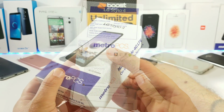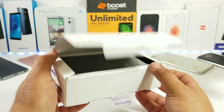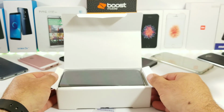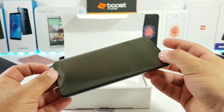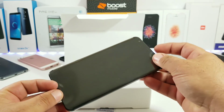Let me go ahead and open up the box here, and in this unboxing and hands-on, I'm going to give you as much information as I possibly can without allowing this video to be too long. But as you can see, opening up the box, we got the Stylo 4 sitting right there on top in this protective plastic. Now I am going to go ahead and put the Stylo 4 off to the side